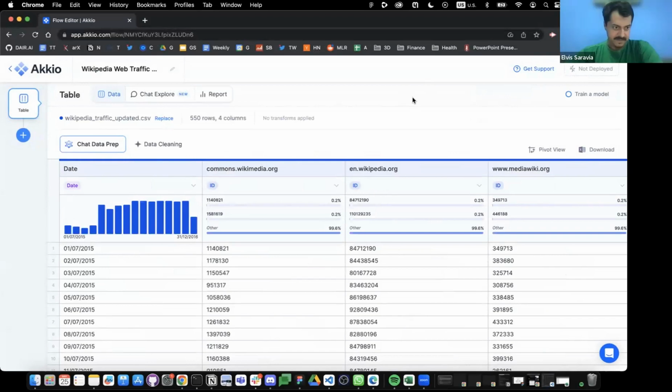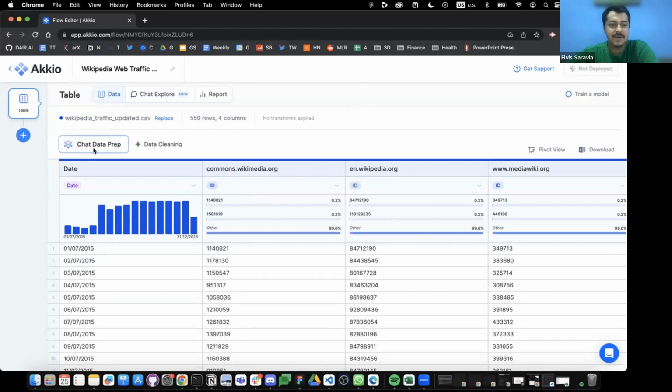Sorry. Yeah, thank you. I'm looking forward to that example with the live data. That's something that obviously if you work with logs, you're going to need that, right? So this one is just a very static data set. It's web traffic coming from 2015 to 2017, something like that. And you can see a preview of that data set here.